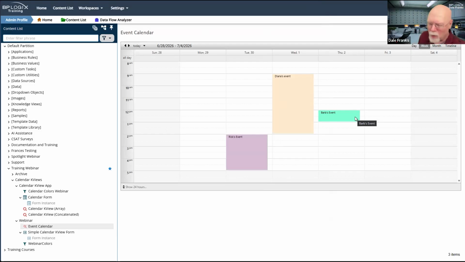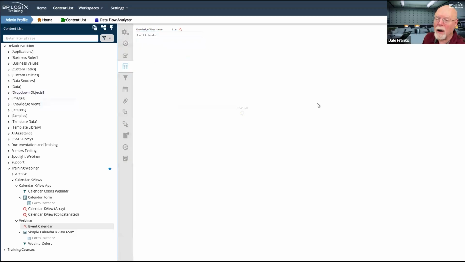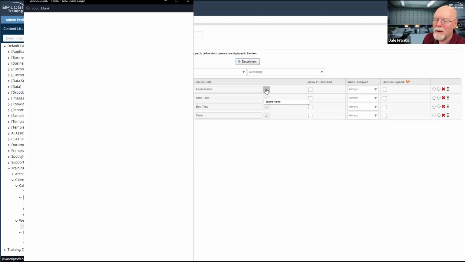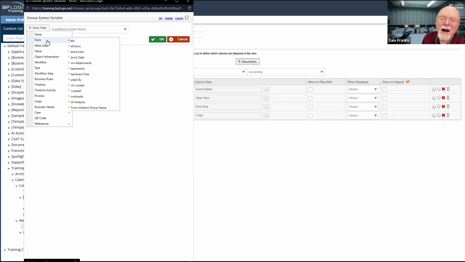I think in the real world, it wouldn't work that way. So what I might want to do on my calendar for my name column, instead of just using the event name form field, I might need to concatenate this as a value.